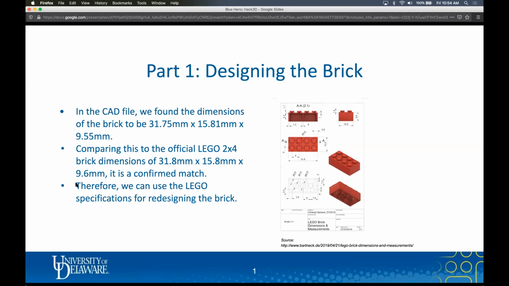Because of this, we opted to use Lego specifications for redesigning the brick. We found a helpful blueprint that detailed the interior and exterior measurements of the Lego brick, and this is what we used as our inspiration for designing the CAD model.